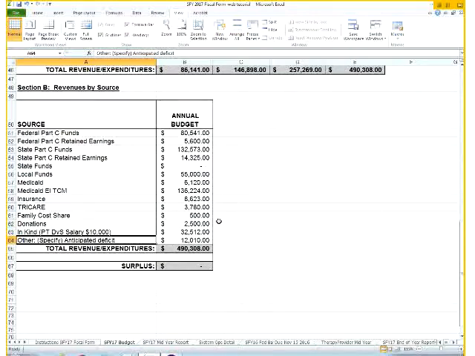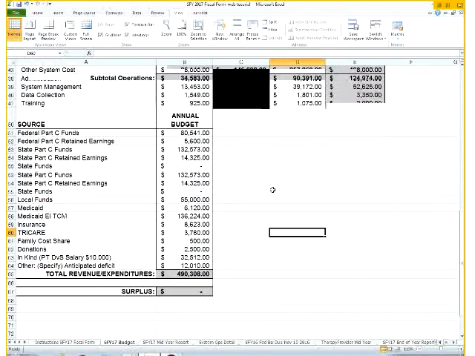Of course, early intervention, TCM, as well as Medicaid revenue and things of that nature should be projected costs based on what your system has done in prior years or what your system has received in prior years. We'll get into a little bit more detail about how to specify information specifically under in-kind as well as other as we move forward. Now we're going to go to Section A